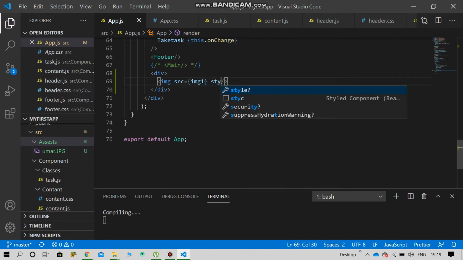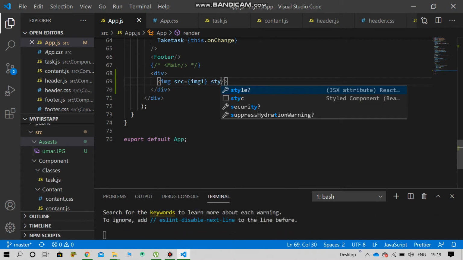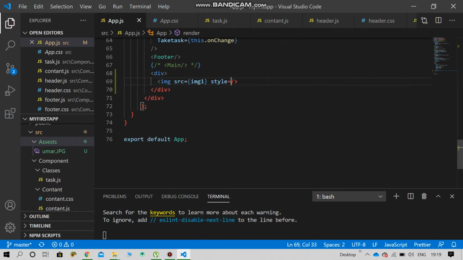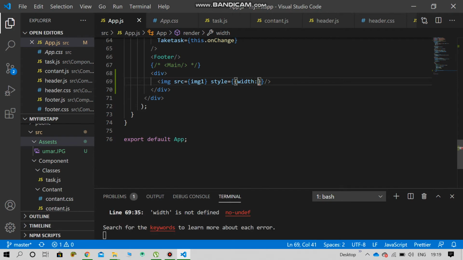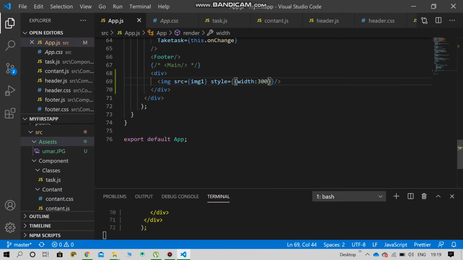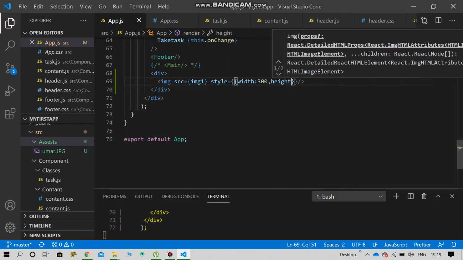Okay, that's okay. So we style the image. It depends upon you, you can style the image by using a CSS file or inline styling. I prefer inline styling or CSS, it depends upon you. So we set width, width is equal to 300 and height is equal to 200.